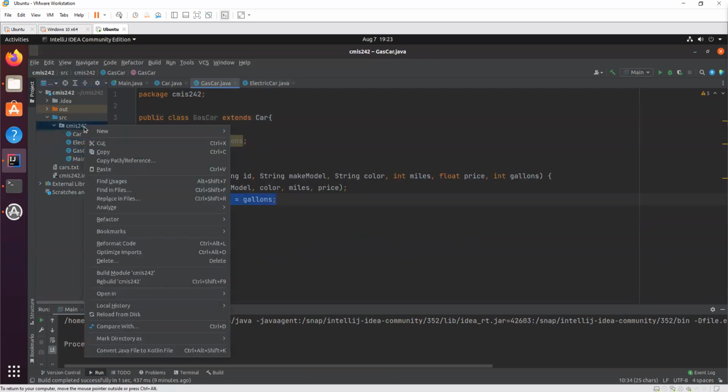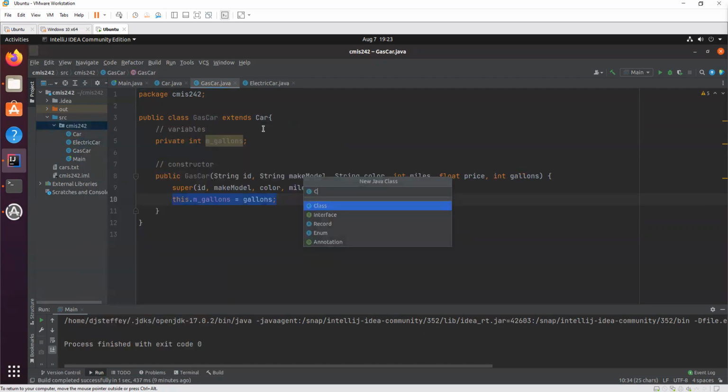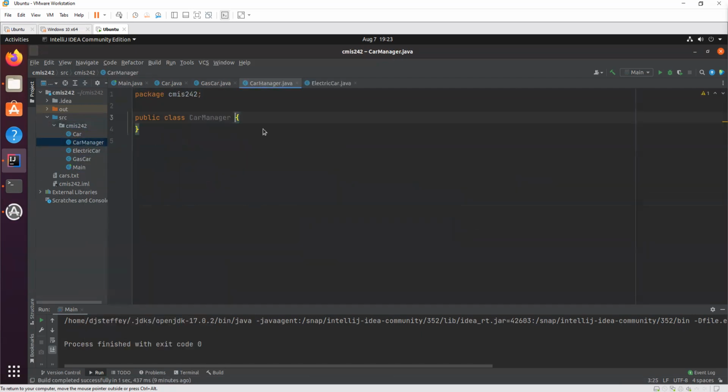All right, now let's make a car manager to manage our cars, right? So the variables. One of the things it needs to do is know all of our cars. It needs to maintain a list of our cars. There are several ways you could do this. You could do just a raw array. I would not recommend that method. I would recommend the method that I'm getting ready to show you, but you could use a raw array, you could use a queue, you could use a set. There's a bunch of different ways you can do it. I would recommend the way I'm about to show you.